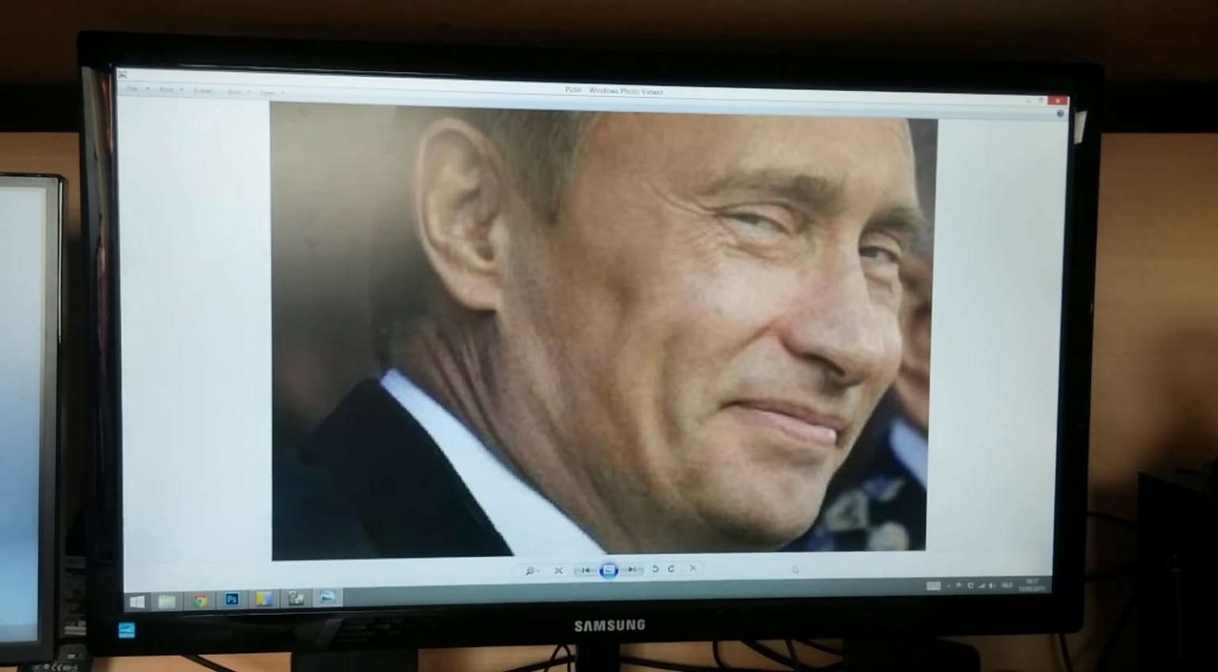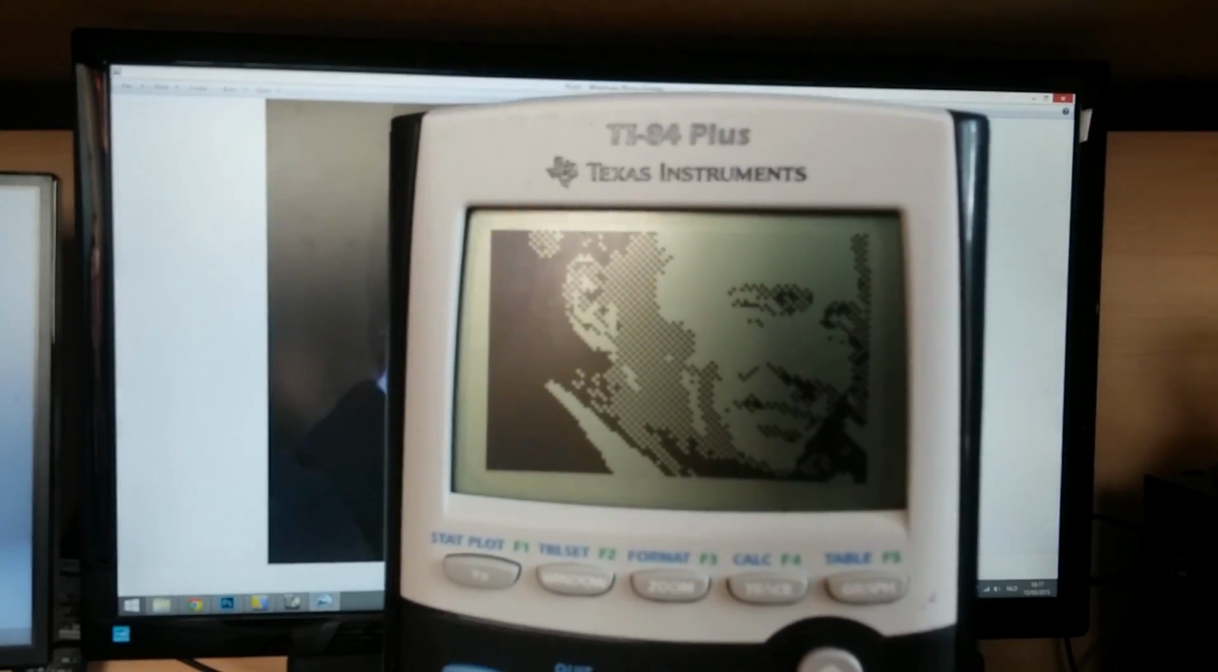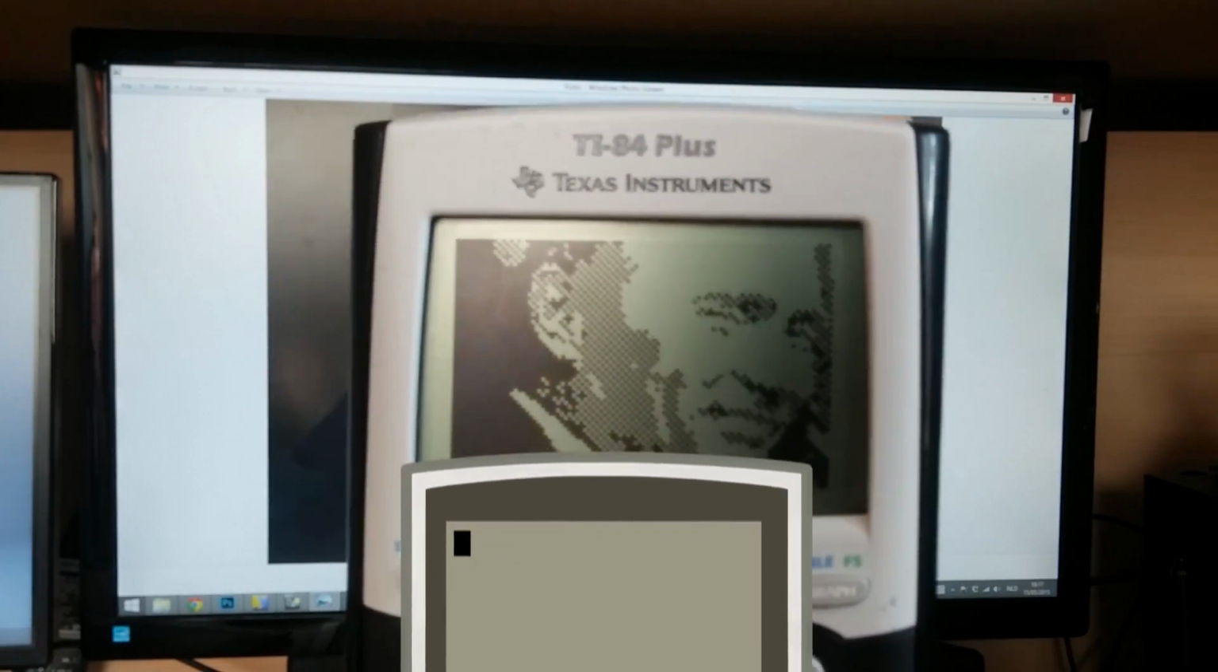Today I'm going to show you how you can take a picture like this and get it to show up on your TI-84 like this. Yeah, so let's get